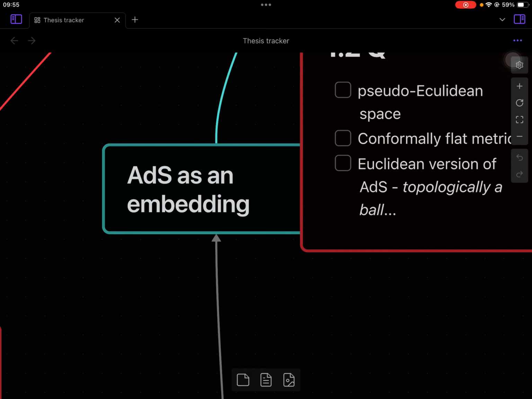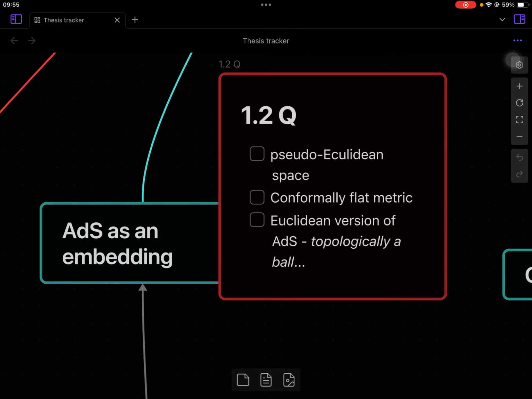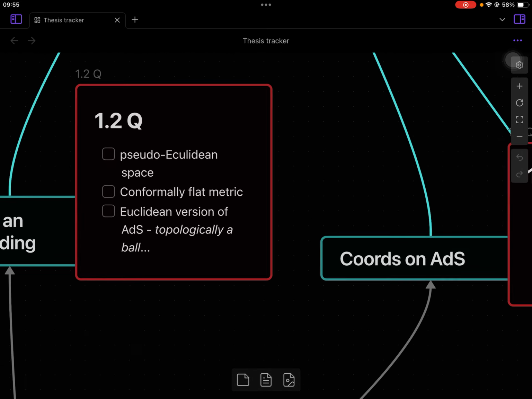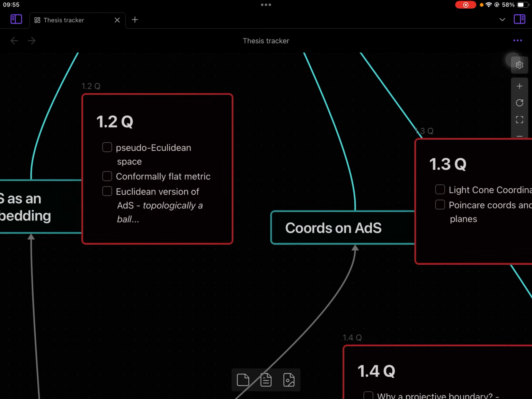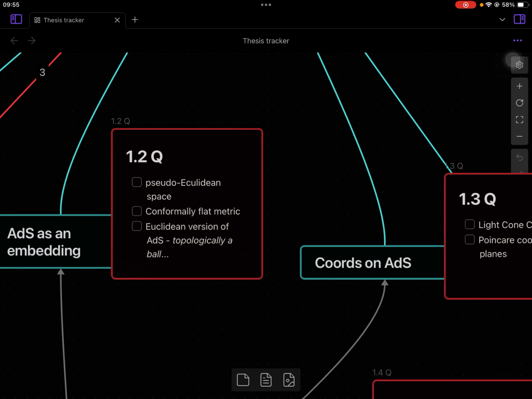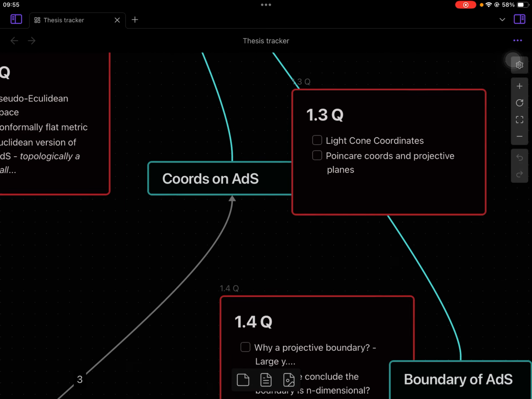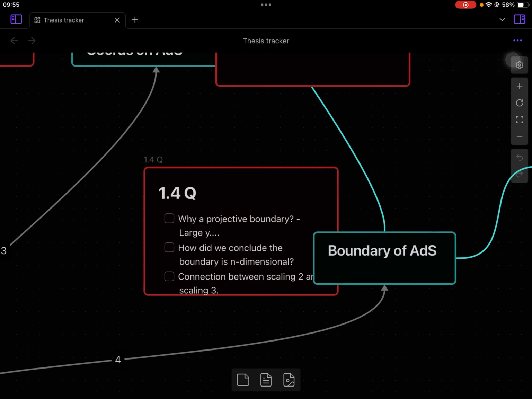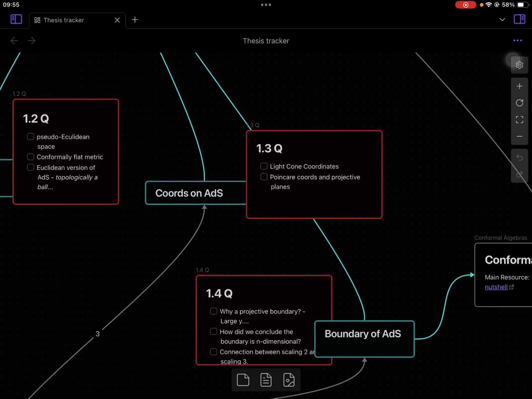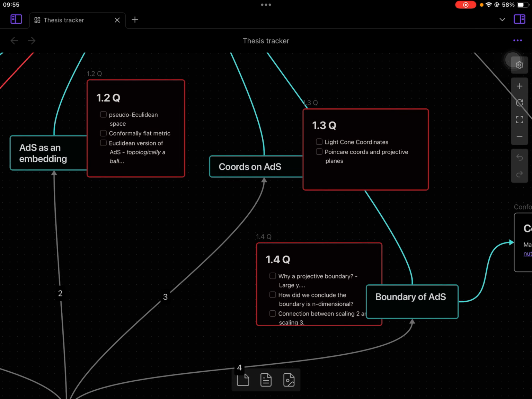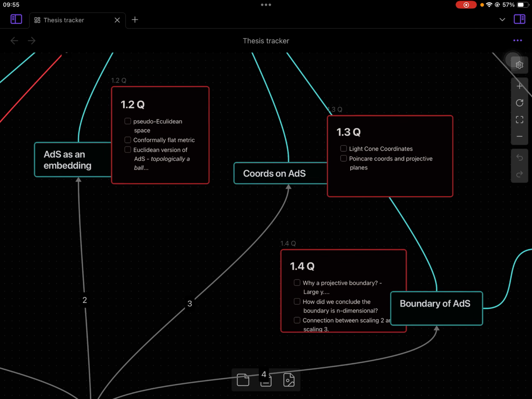and then the boundary of AdS turns out to be an n-dimensional thing on which your conformal field theory will be discussed, I suppose. And then you can give many coordinates on AdS space-time, different metrics. You can see the various forms of metrics on the AdS space-time, and we'll discuss useful coordinates on that, probably in some bytes. And then you have the boundary of AdS discussion, which is an important gateway to the next steps, which is related to the conformal algebras, and how you discuss the boundary of an AdS space-time and all that.